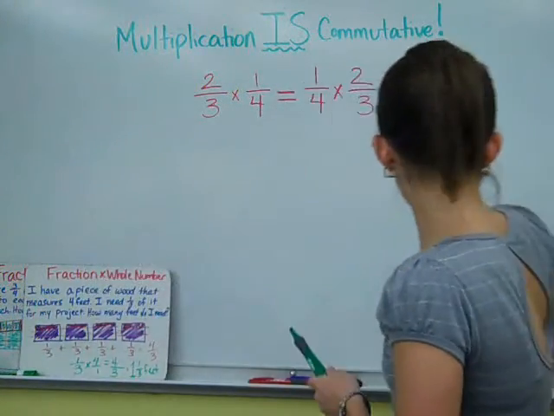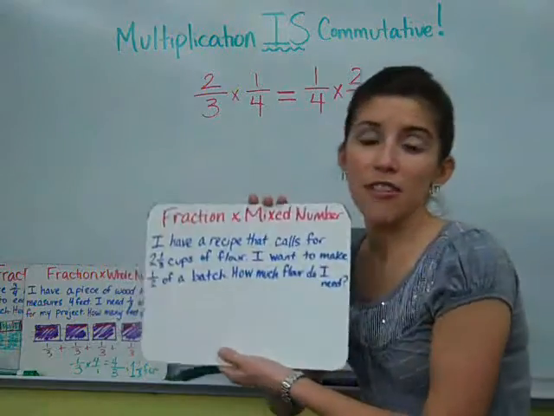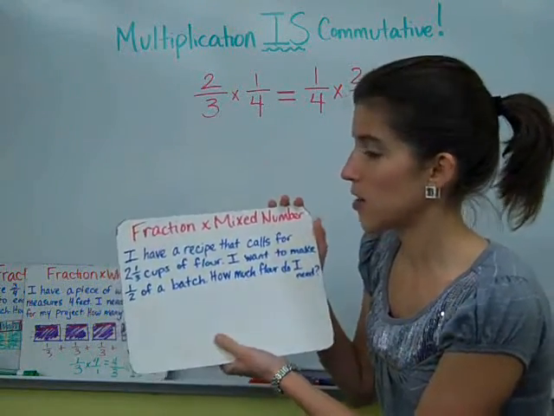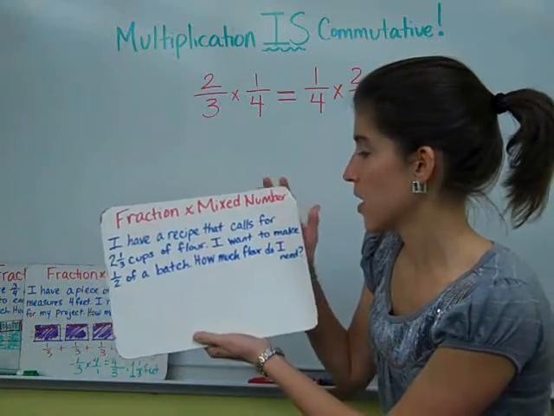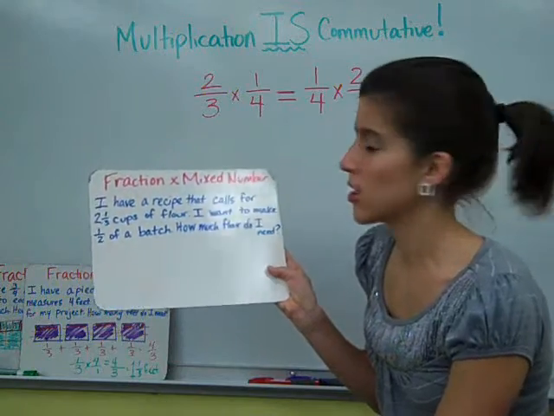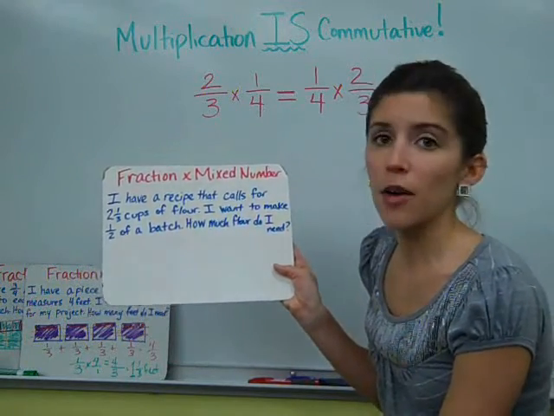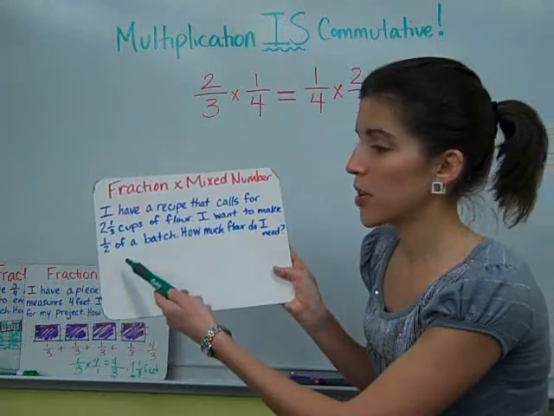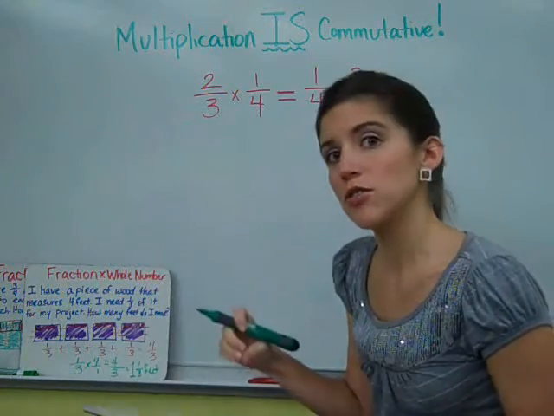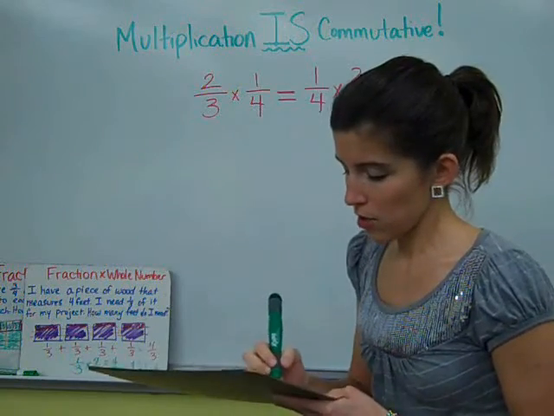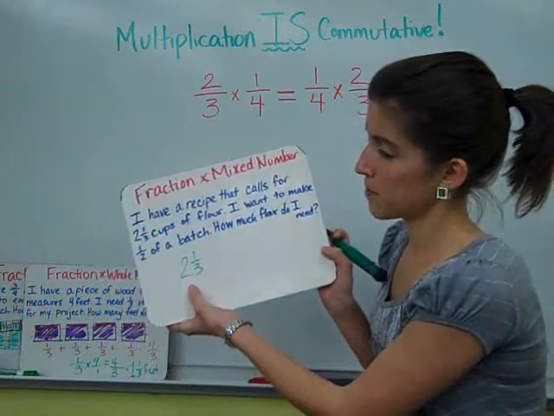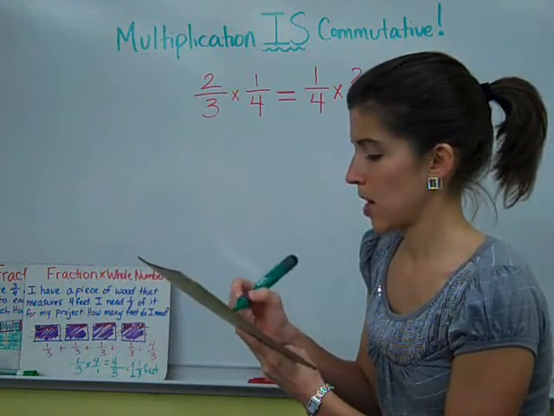And then the last thing we talked about was a fraction times a mixed number. So in this case we have a recipe and it calls for 2 1/3 cups of flour. I want to make half of a batch of whatever it might be. Maybe it's brownies or cookies. So I need to figure out how much flour do I actually need if I'm only making half of a batch. Now we didn't learn how to draw pictures for this, we just used the straight across strategy. So we're going to think about 2 1/3 times 1/2,